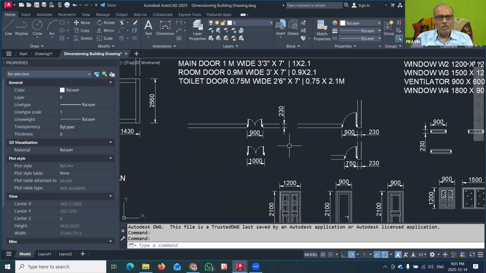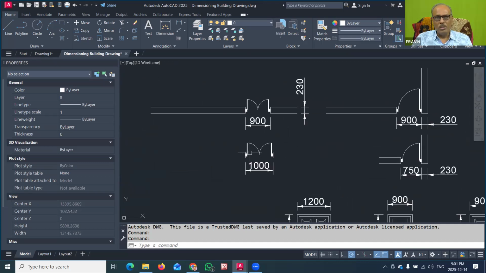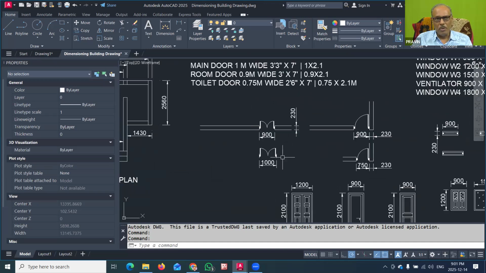But now when I use another drawing, there also we have to copy paste it. Copy pasting this type of symbol is not the correct way of using AutoCAD. Most of the time what we do is copy the symbol and paste it in another drawing. That is not the correct way of using AutoCAD, so we have to remember that.